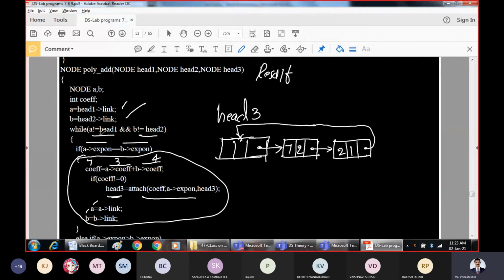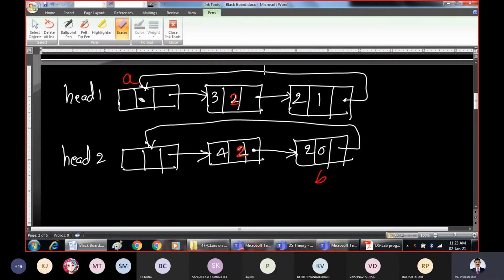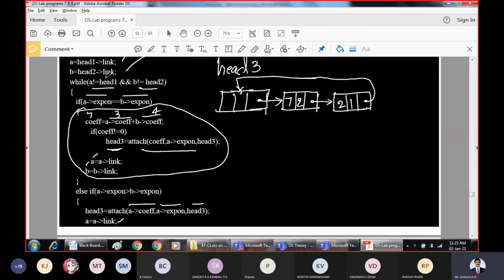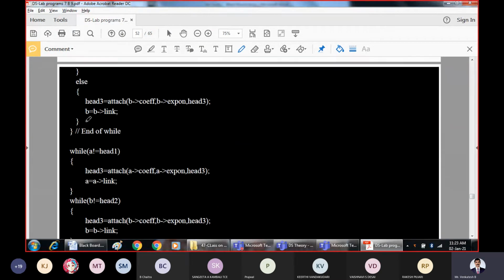Both must be true, but only the first part is true. A is equal to head 1 here, so the condition fails, and we will come out of this entire while loop.